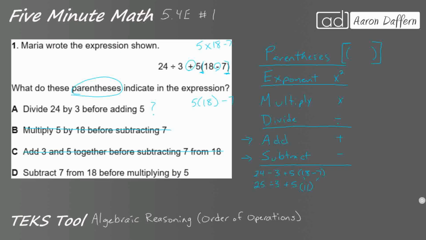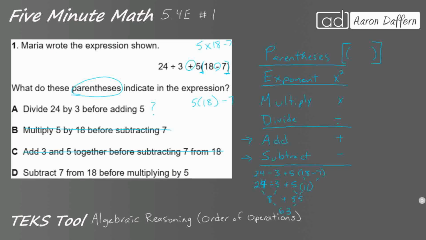Now I've got a division here, right? Oh, that's 24, excuse me. So that could be 8 plus, and then these are separate, so I can go multiply at the same time. Remember, division can happen before multiplication. So I've got 8 plus 55, right? Put those together, and that's going to get you